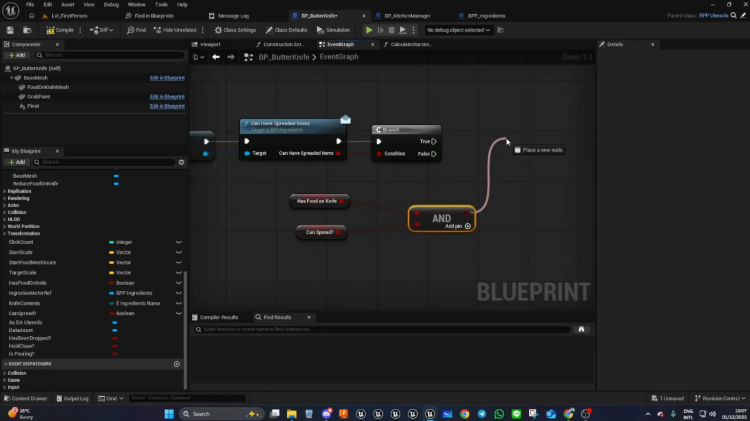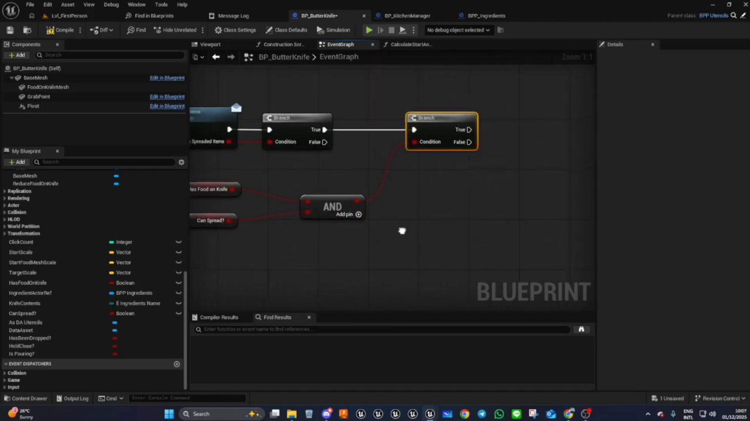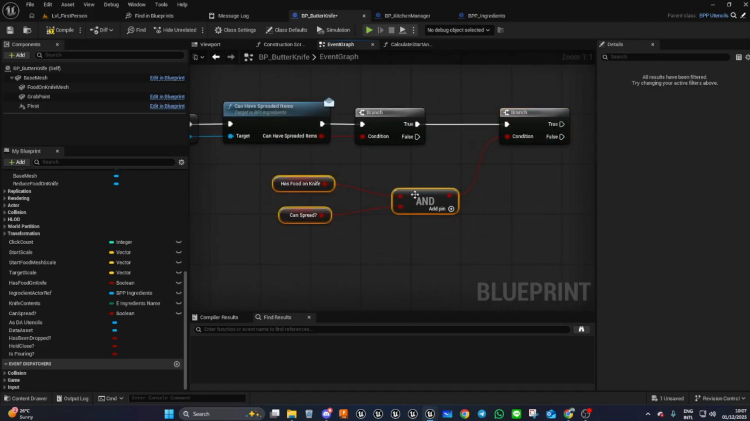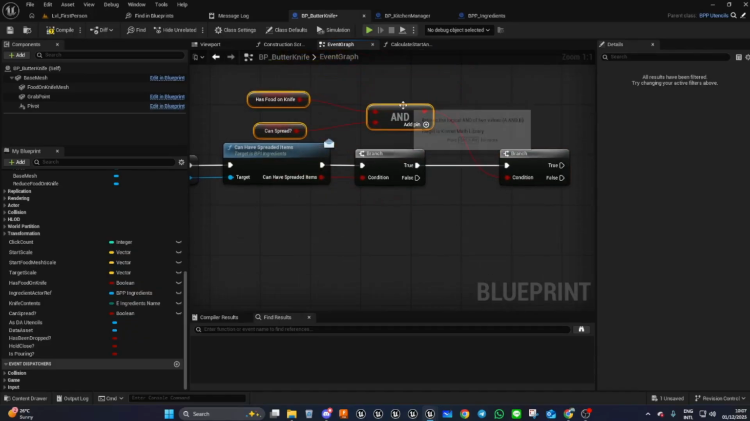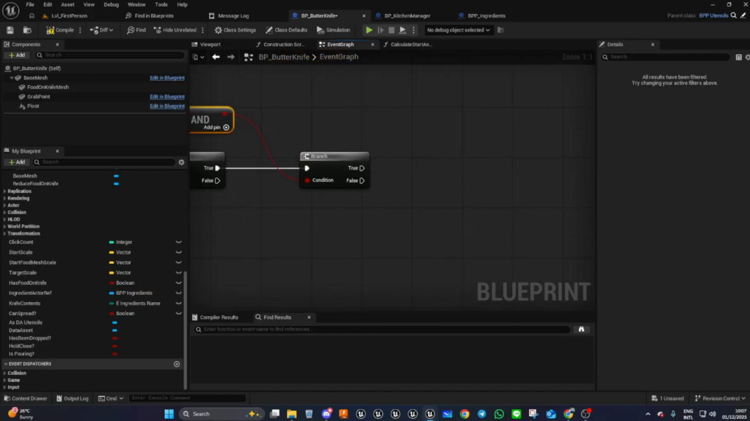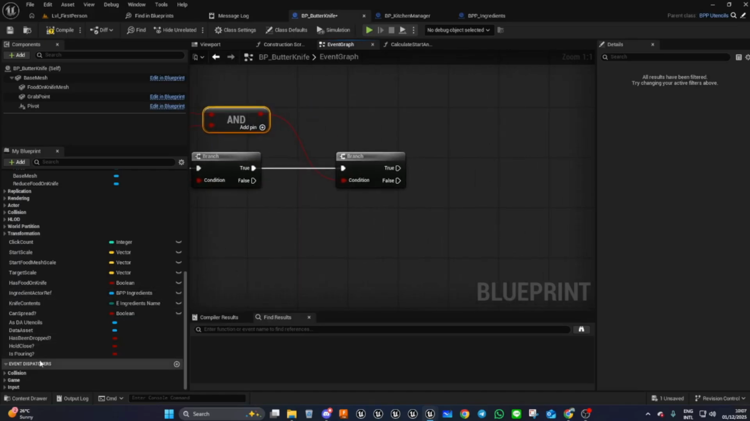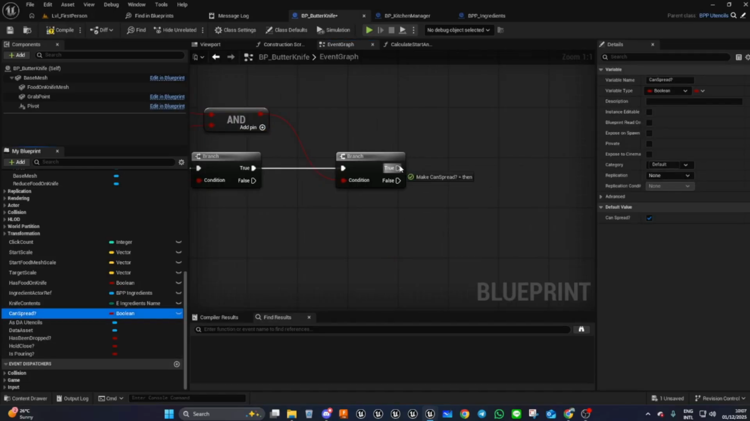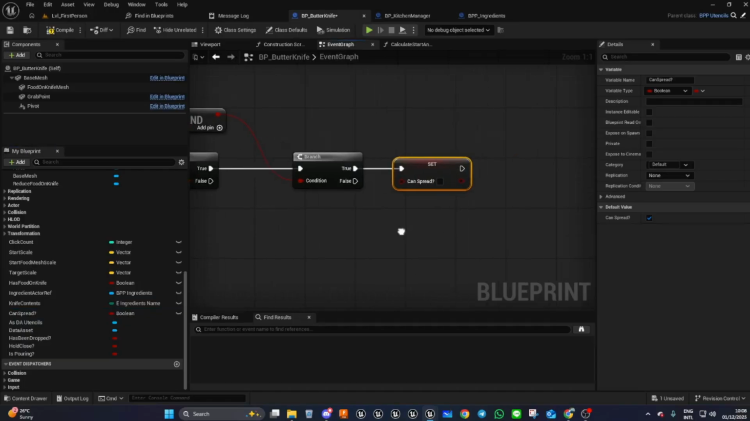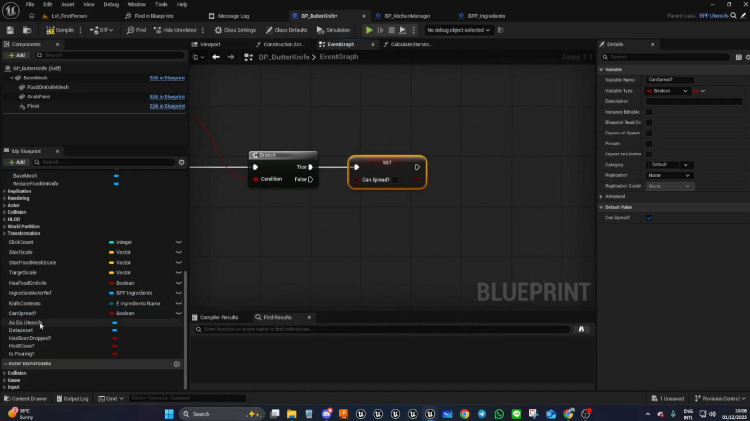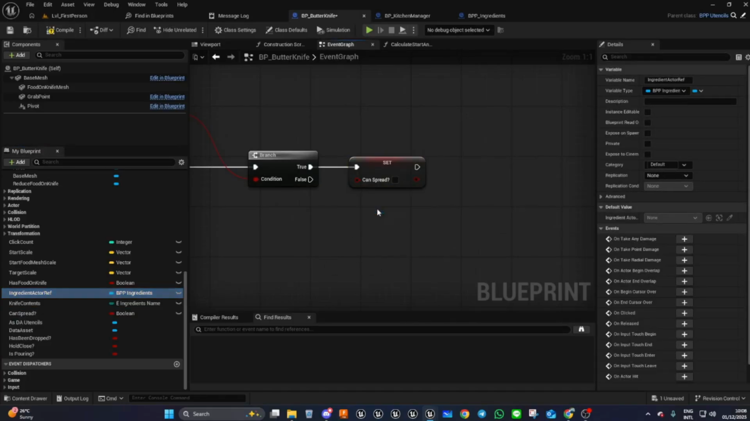Do a branch. The true here. You could go ahead and move these above when we do the false. Any difference really, it's whatever you prefer. So if these are both true, means we can go ahead and spread our butter or jam. So the immediate thing we're going to do is set can spread to false, to stop people spamming the key. Then we're going to get our ingredient actor ref, and we're going to